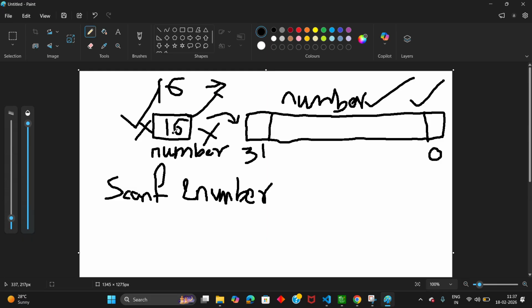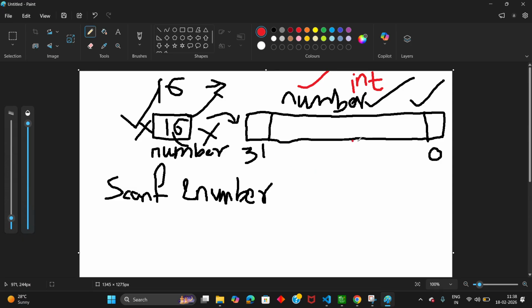By converting this number 16 into zeros and ones, we store the number in binary in the memory location. Our number, whose type is integer, requires 32 bits of size, by default.